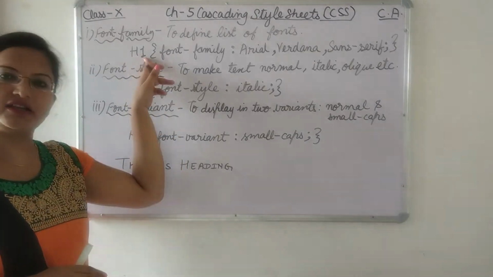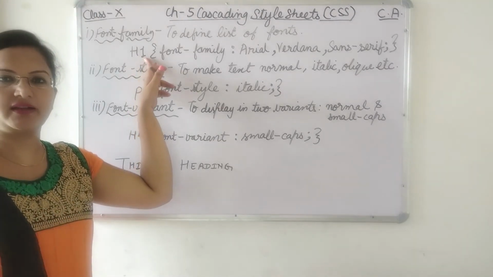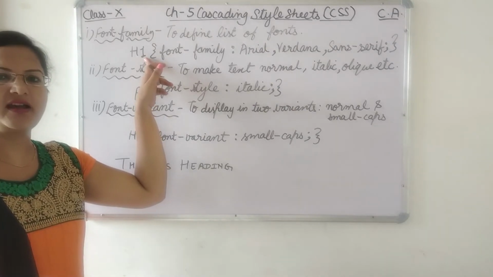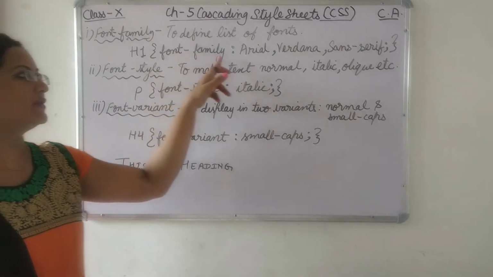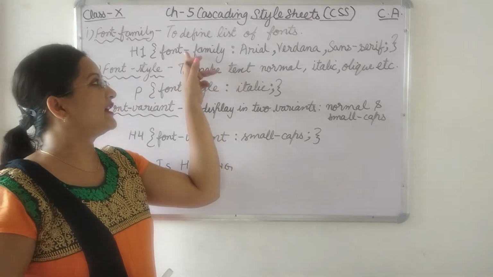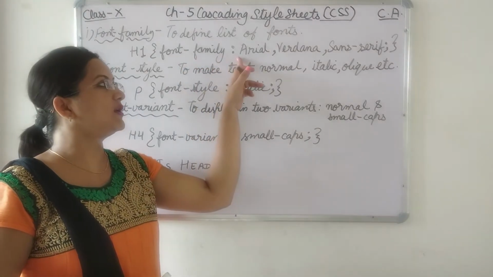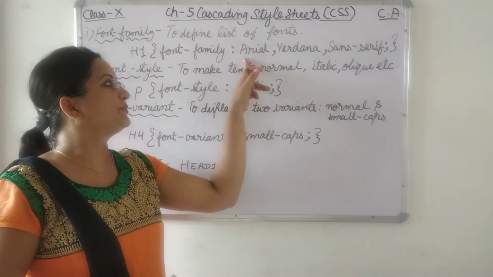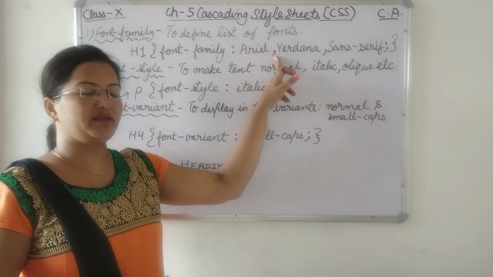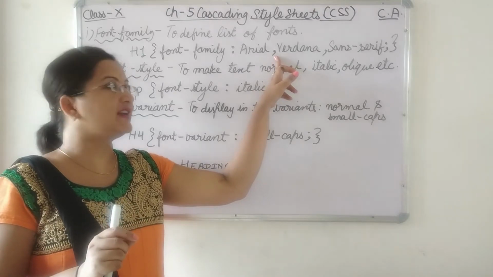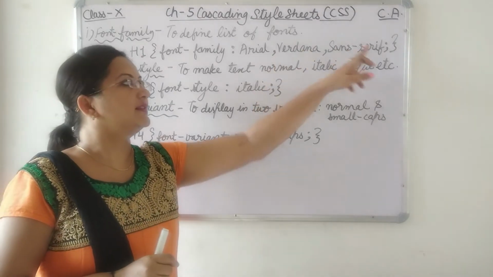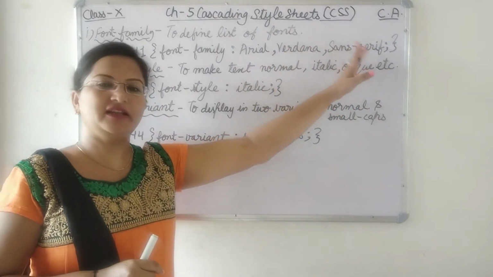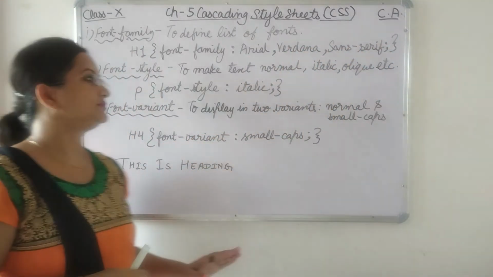So how to write? Any element, wherever you are using text, you can write here. Here I have written H1, you can also use P, any other heading, body tag, table, UL tag, any tag you can use, and then after that font-family, with a hyphen, you have to write, then colon, then the list of fonts you can specify. So first is Arial, then comma. If you are writing various fonts, then it will be comma separated. Then colon and then curly bracket. Here you can write any font that you remember.